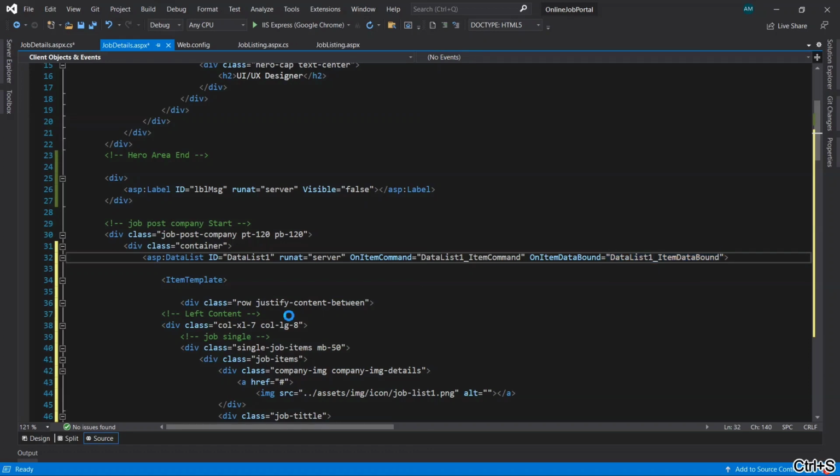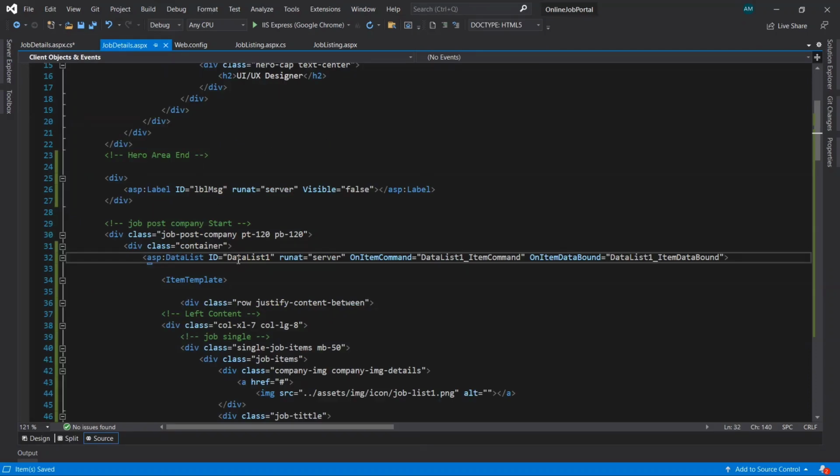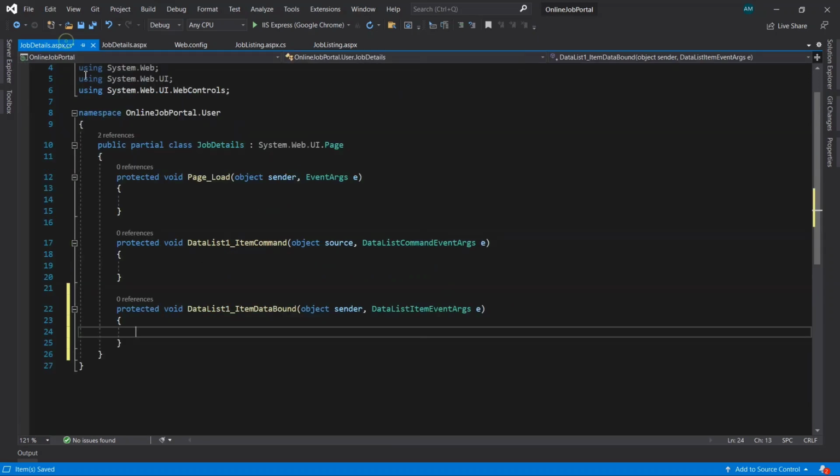So both of the events have been created in the code behind page of this job details. Now we have taken the data list control for displaying the data of the job, but we didn't apply the logic for displaying the data from the database.